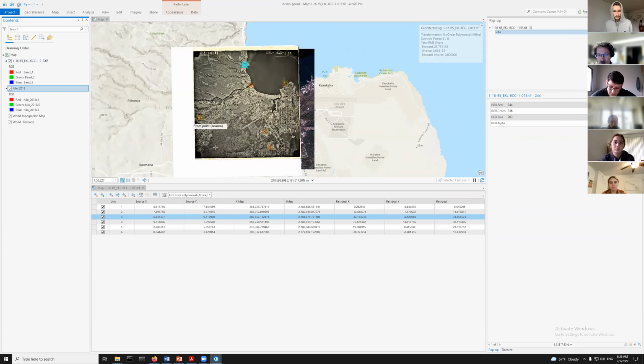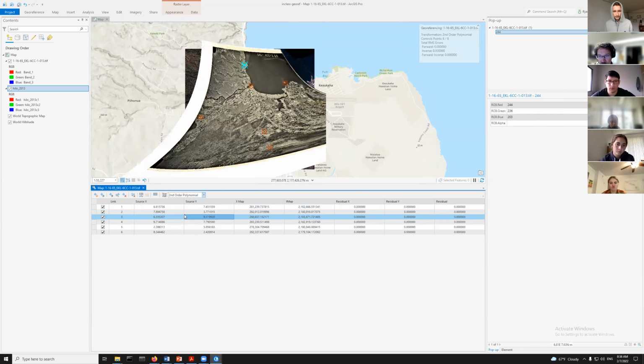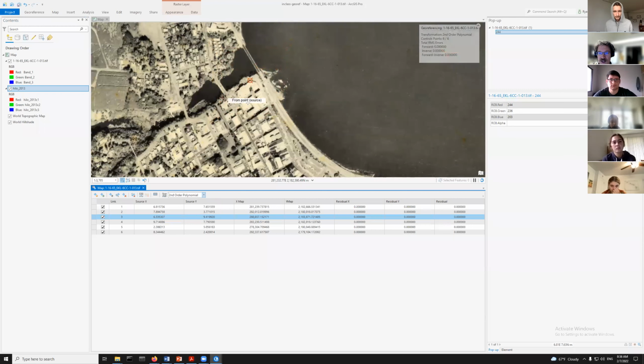I would like some points up here. I'd like some points in the corner. I'd like some points in the middle here. But if I change this from first order to second order, you see there's this pretty crazy shift that just occurred. But in some of these locations, if I zoom in up here and I go from first to second,